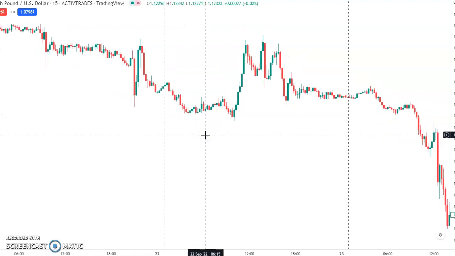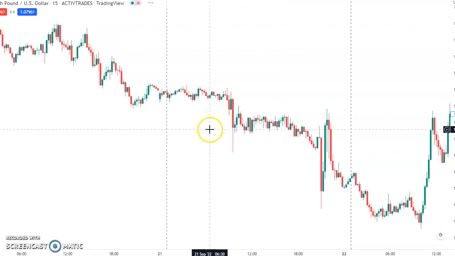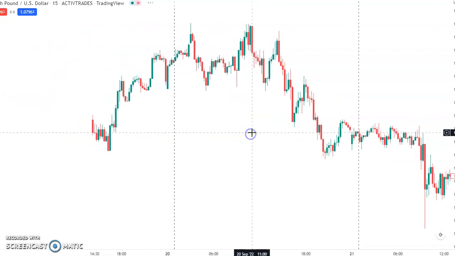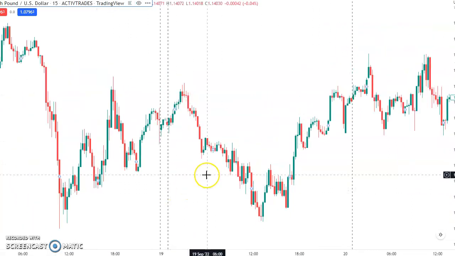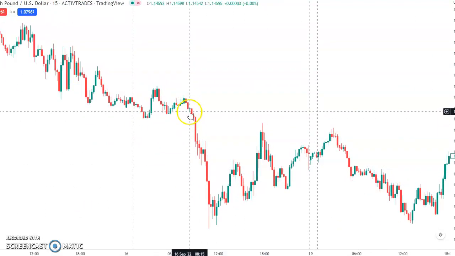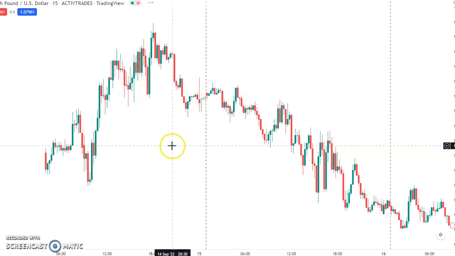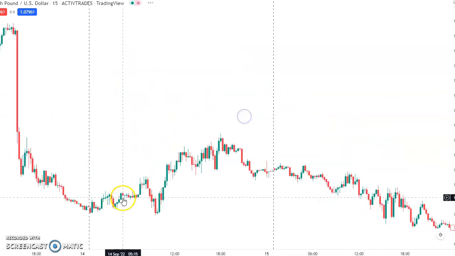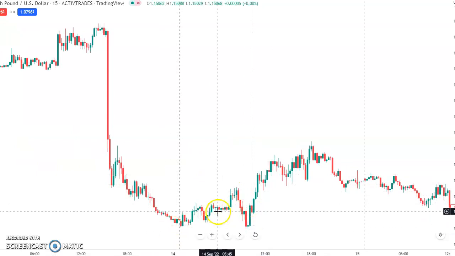Try to see if you can get a setup based on that particular day. So if you look at the 14th of September,